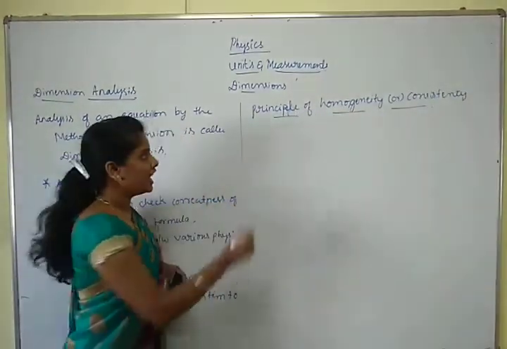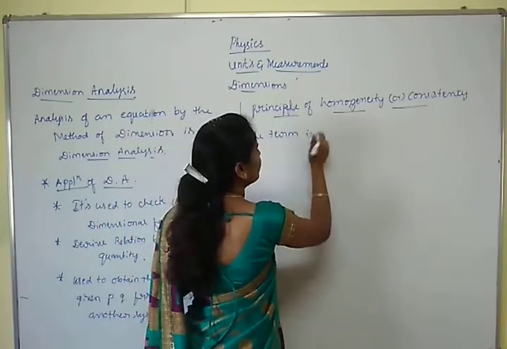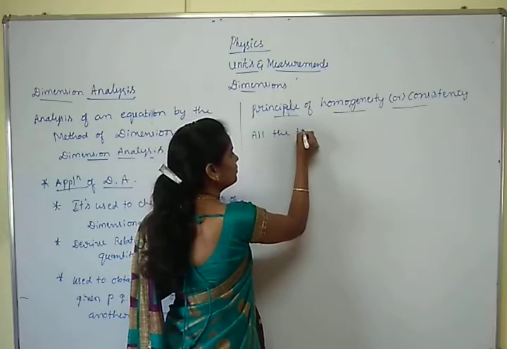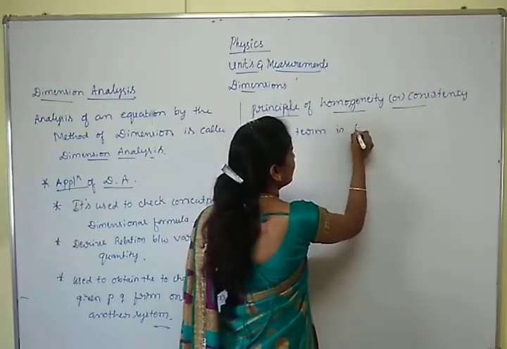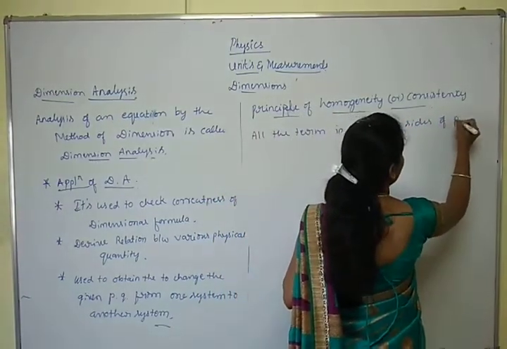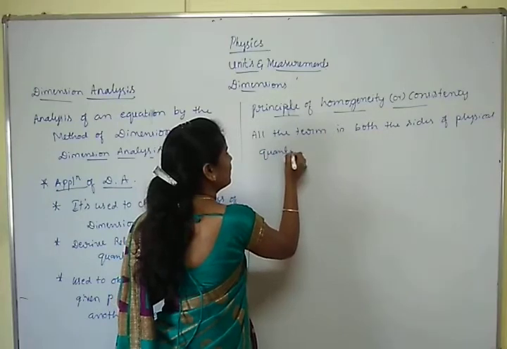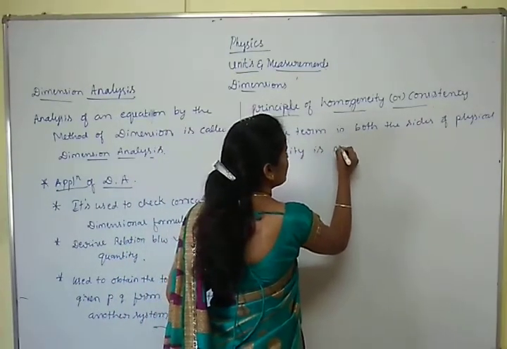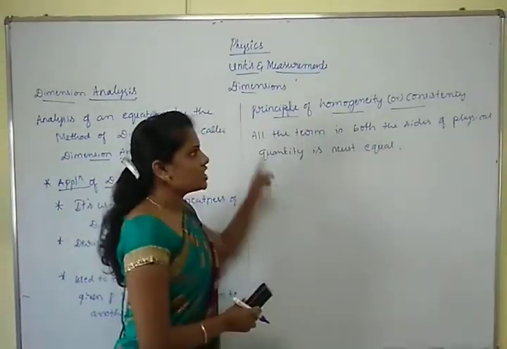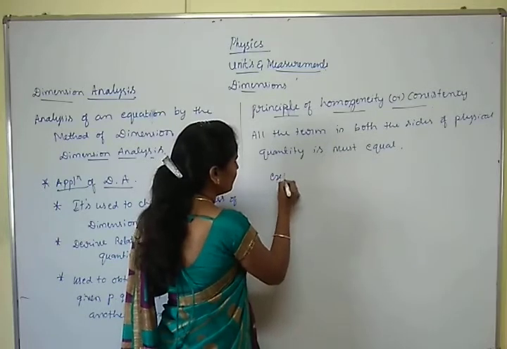It is defined as: all the terms on both sides of a physical equation must have equal dimensions. This is called the homogeneity of a physical equation. For example,